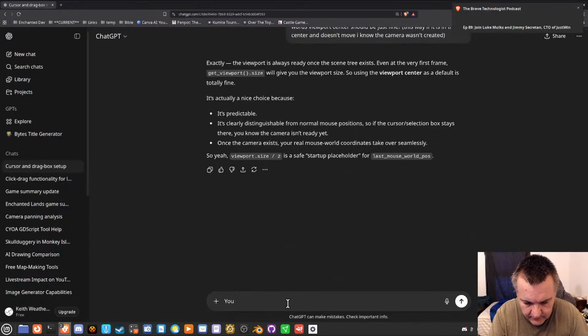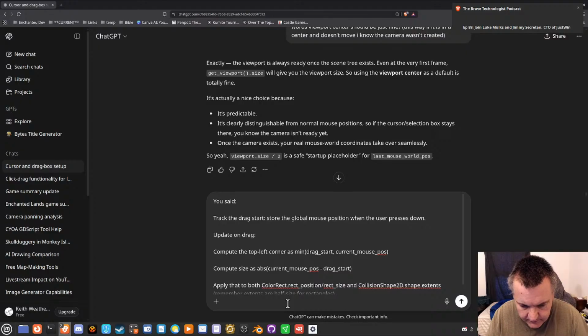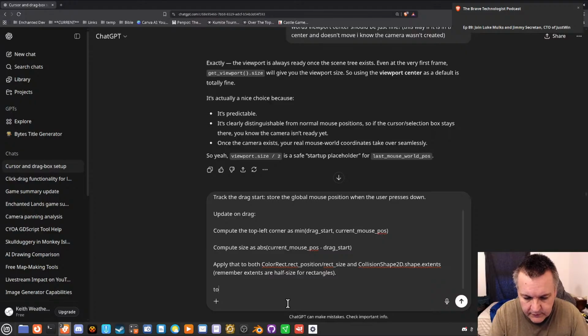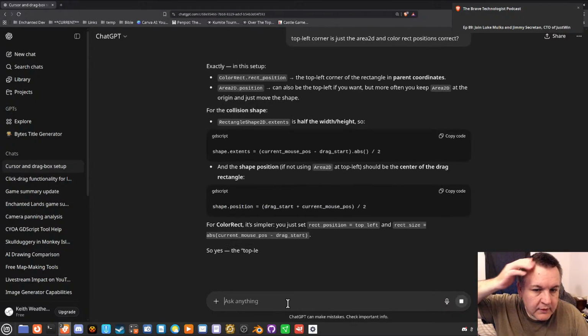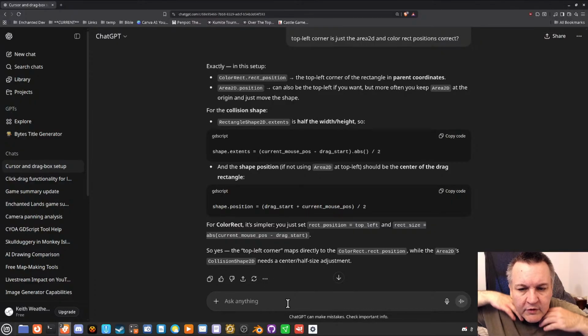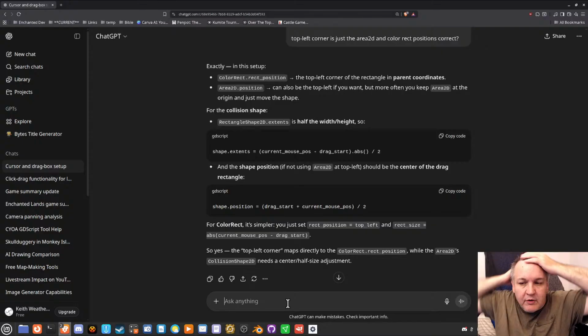You said top left corner is just the area 2D position and direct positions. Correct. In this setup, color rect position is top left corner of the rectangle and parent coordinates.